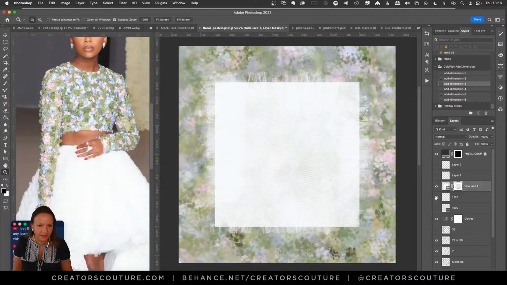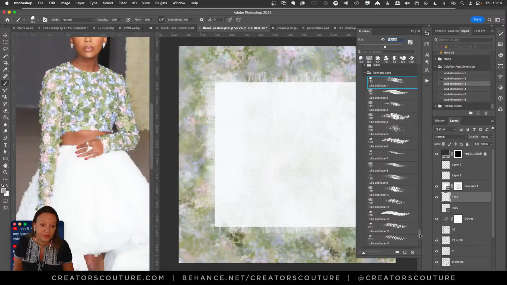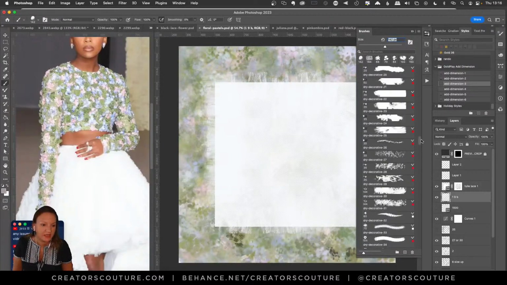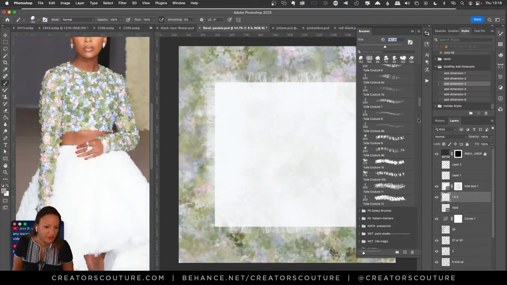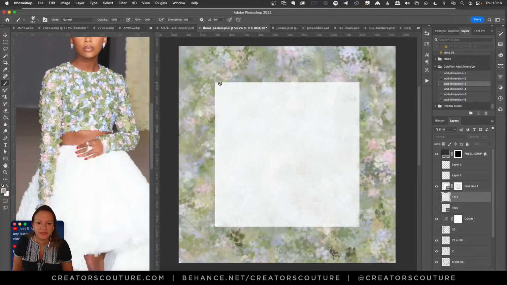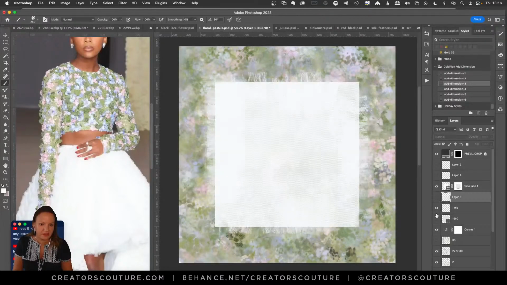And then I wanted a soft transition, so I took, in just one color, one of the brushes. This is the Tool and Lace brushes, and up here is the Tool Couture. I grabbed one of those again with a scalloped edge. I think it was 9B. And let's make a new layer. I just drew, let's grab a white here, like this, to create that soft transition, so you could feel that. So that's what I did there.